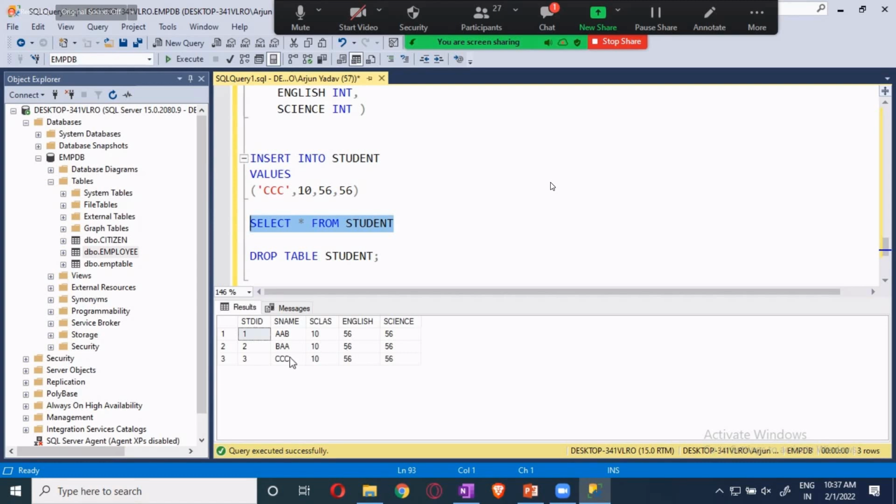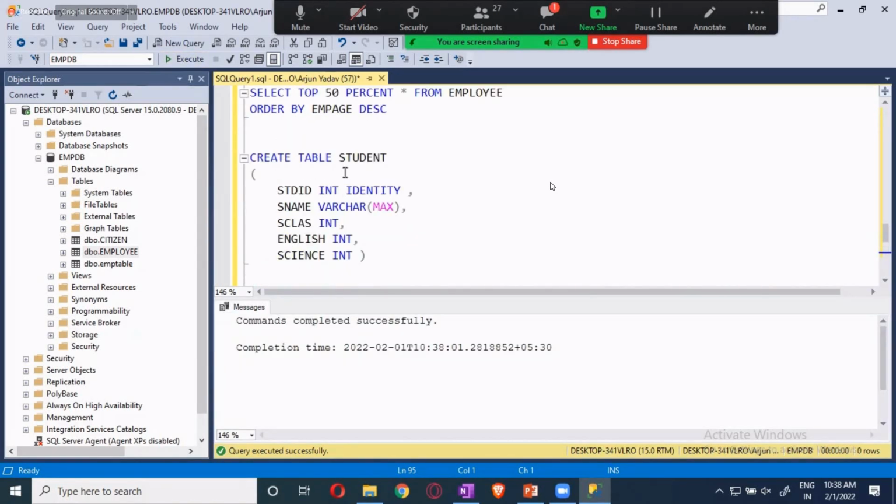Okay, guys. Now here 1, 2, 3 is coming up. You don't want it 1, 2, 3. It looks very odd. For employee, 1, 2 means the first employee, second employee. I want to start it from 100 and I want to go with an incrementation of 5. So how I will do it is, I will delete this one, drop again. I will drop it off. Now I will go over here.